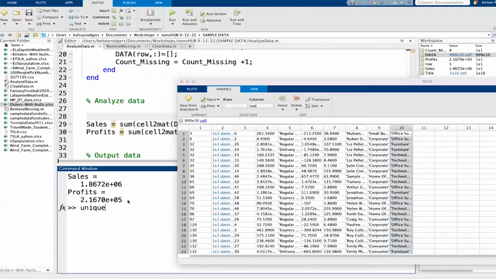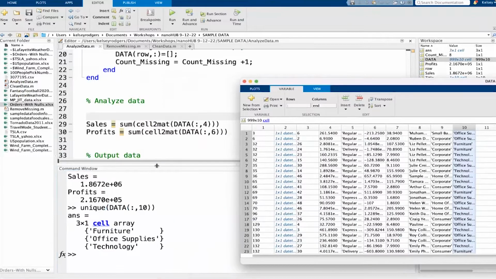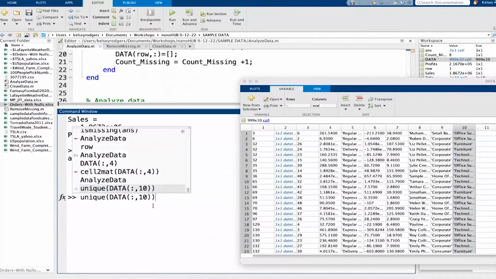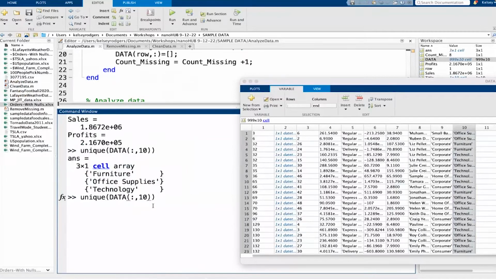So I'm just going to show you quickly here first. So if I say all rows in that, again, 10th column is my input argument, then it tells me, okay, these are the 3 different types of product categories that are showing up in that 10th column. And I can just as easily quickly see, okay, where,